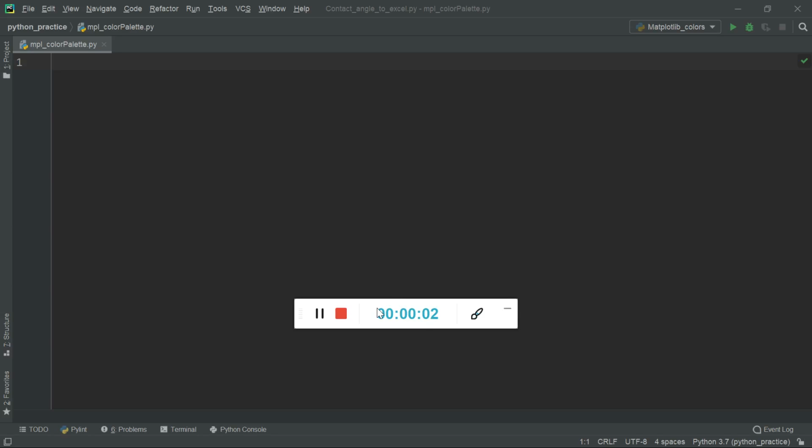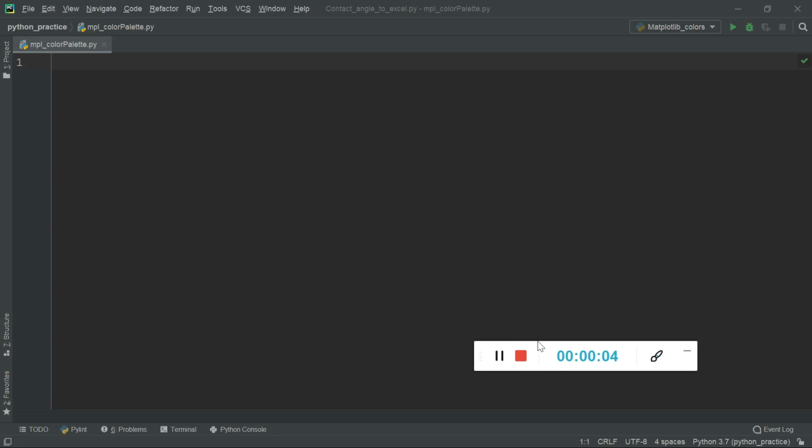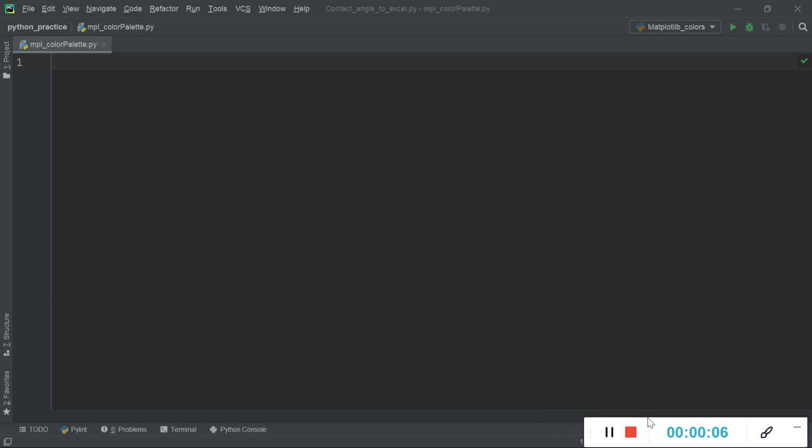Hi everyone, here is Adra, and in this video we'll learn how to create a color palette in which we will display all the available colors in Matplotlib, and after doing that we will choose a color among all the different possibilities that will be displayed in this palette, and we will use it to apply the color that we